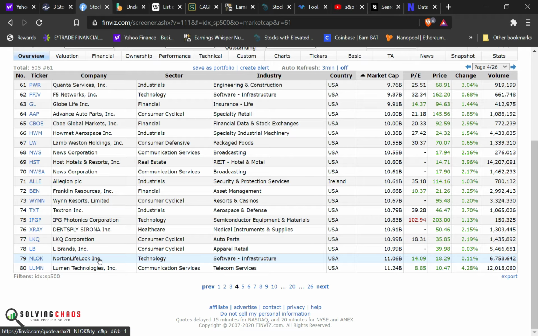And I don't care about Norton LifeLock. I know it's an antivirus company. Plus they merged with LifeLock, and you know they do background whatever. They have that business with LifeLock, right? It protects your credit, and they can make sure nobody steals your identity.